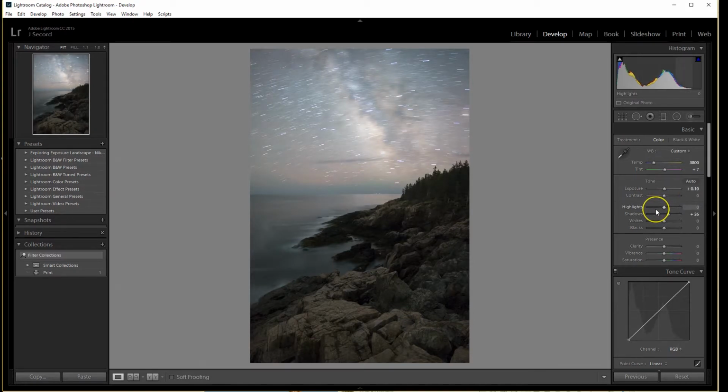And I'm going to drop my highlights slightly. You can see it's pretty bright here along the horizon. That's one of the biggest mistakes I see, is that people leave their horizon too bright where it meets the sky, and it just looks kind of funky and weird. So we're going to drop the highlights down